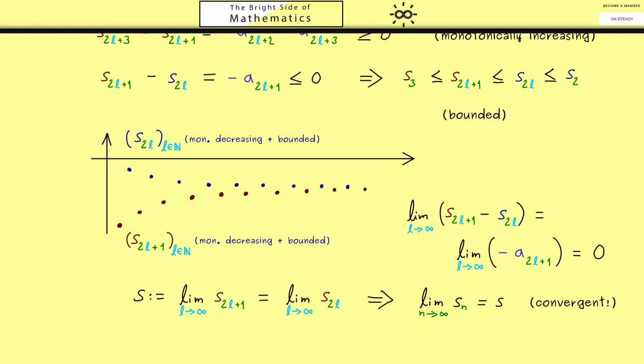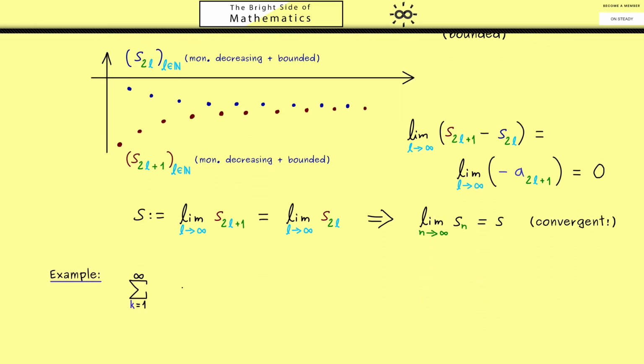Therefore, let's close the video with one last example. Let's simply consider a series that has minus 1 to the power k over the square root of k. So here we have everything we need for the Leibniz criterion. We have alternating signs and a sequence which is monotonically decreasing and is convergent to 0. Therefore we know this whole series here is convergent. We cannot immediately calculate the limit, but we know the limit is a real number. Okay, so that's how you apply the Leibniz criterion.